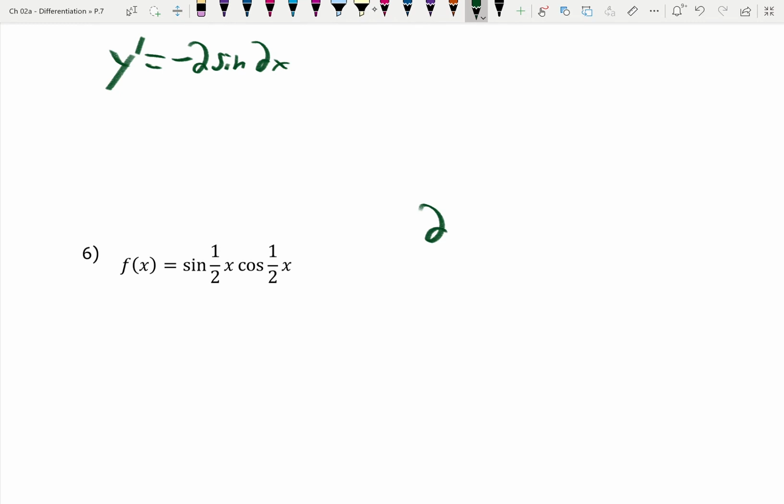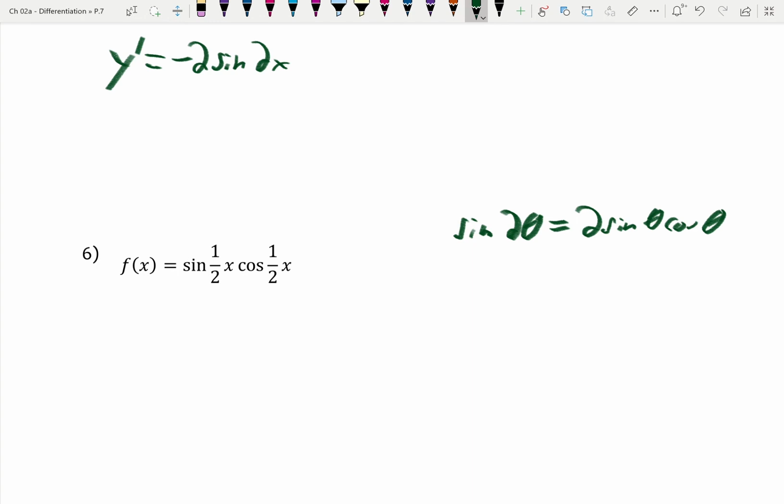The identity is sine 2 theta is equal to 2 sine theta cosine theta. It's really fun to think about the tricky derivations we did with that one. We derived that from the sine sum angle identity. We did theta plus theta. And we derived that one from a picture of angles that we did last semester. But in any case,